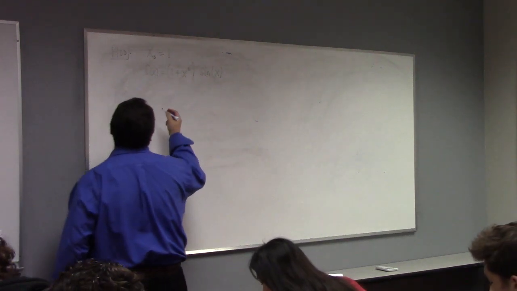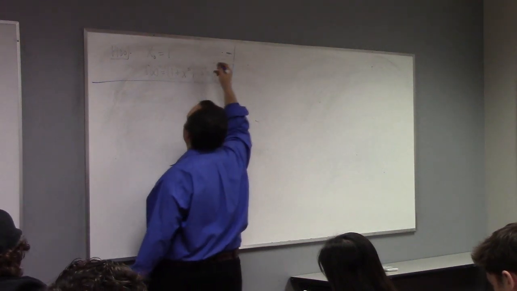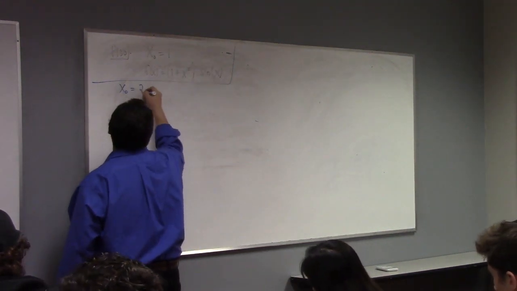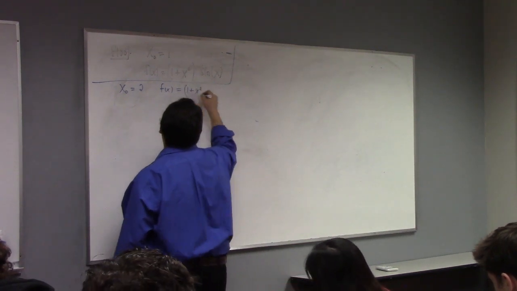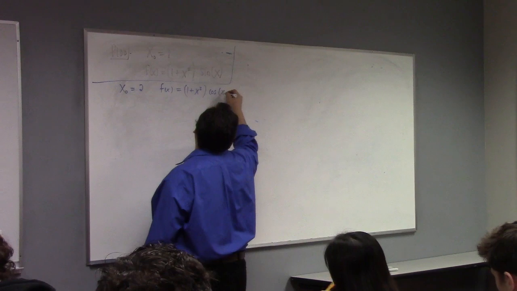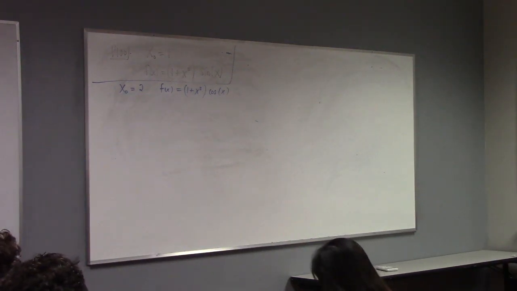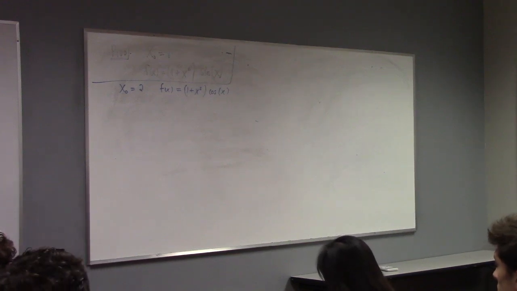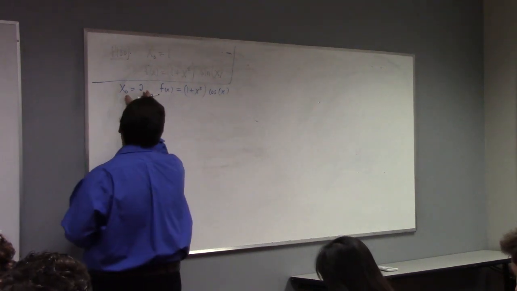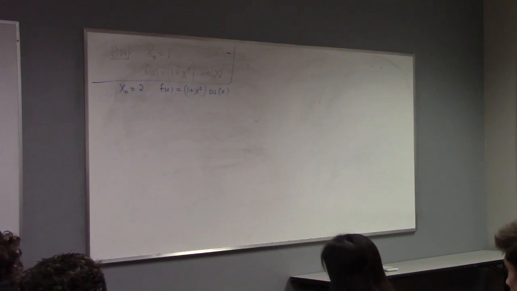All right, so let me take your problem and trade you x naught equals 2 and f of x equals 1 plus x squared cosine x. Okay, but anyway, same idea-ish. So problem 100 now. You want the center to be x naught. So there's various ways. How many terms did I say?